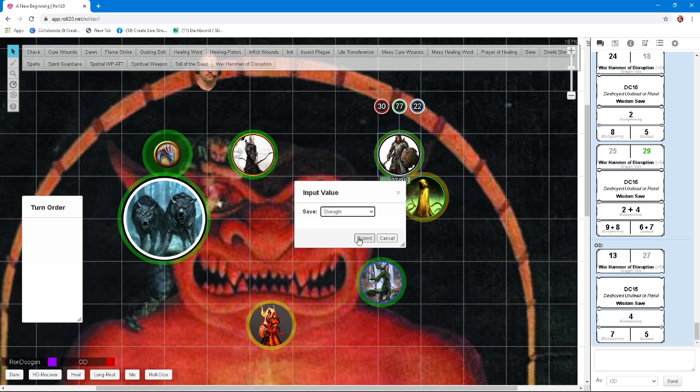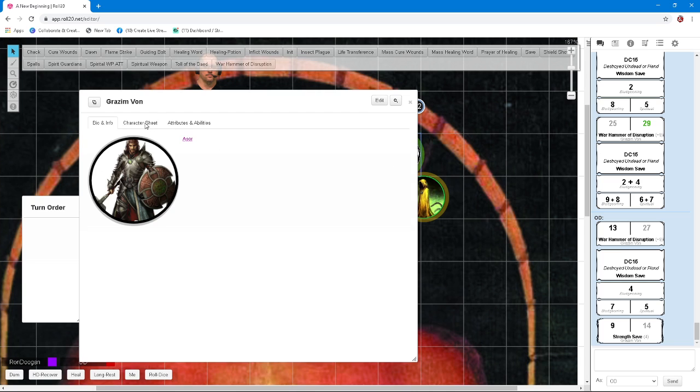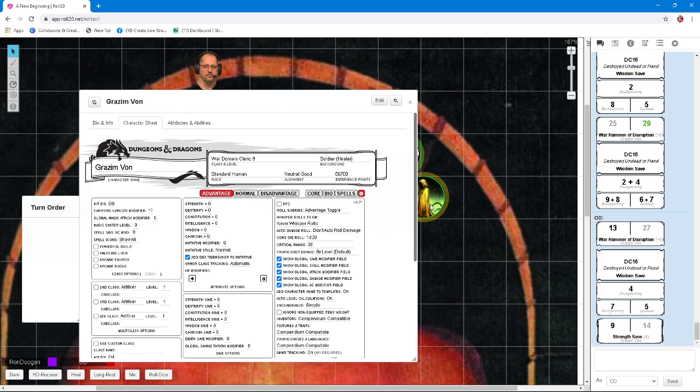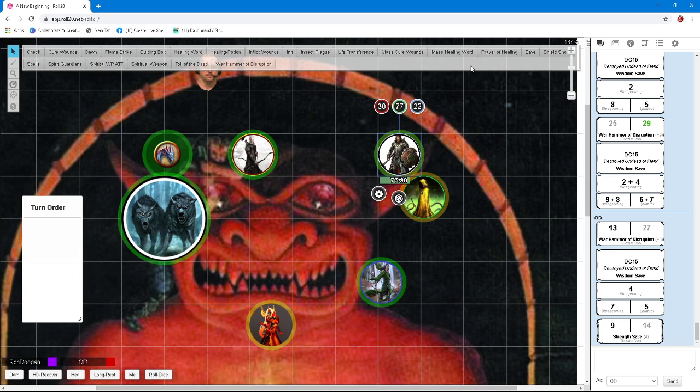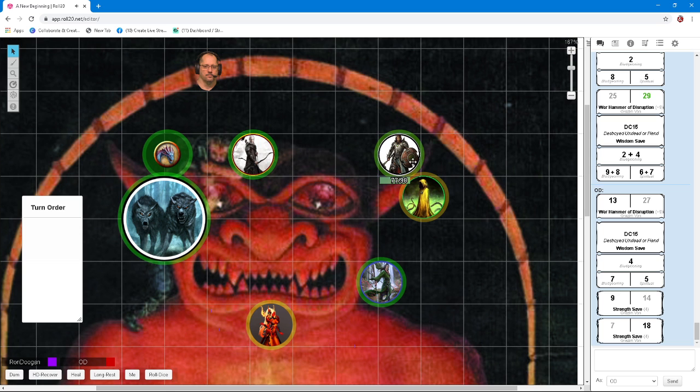So save, strength, click, roll 2 dice. It grayed out the, we're at disadvantage, so it gave us the dark 9. No matter what side it's on, the dark one would be the disadvantage. So we'll do the same thing. Open his character sheet. Here's an advantage saving throw. Save, strength, with advantage, and it'll black out the lowest roll. You can see 18, and then